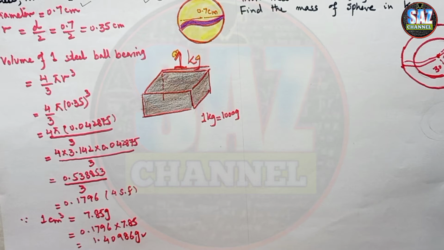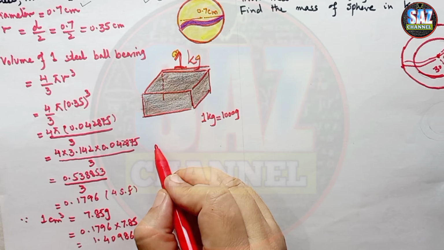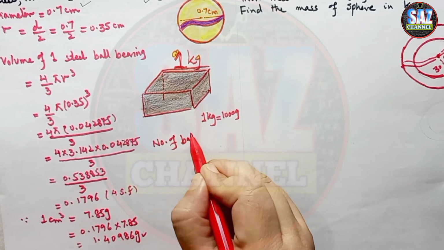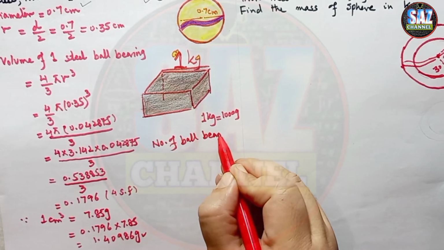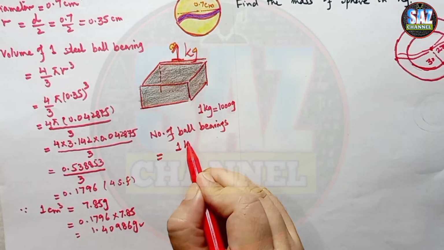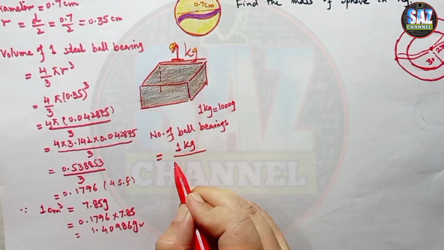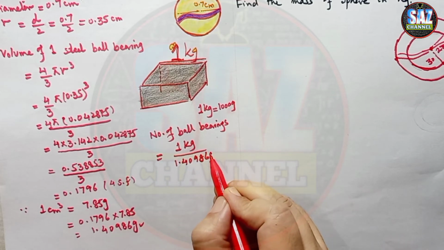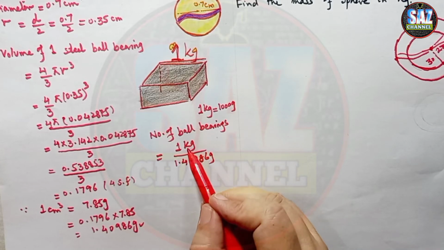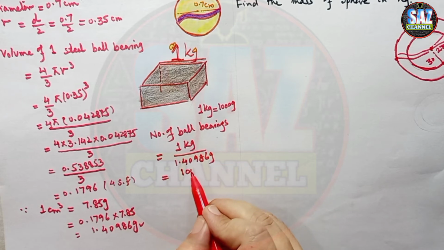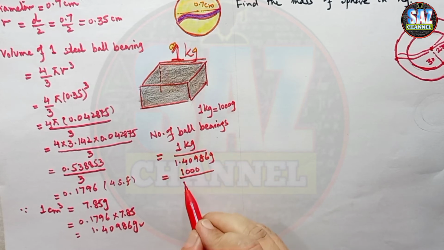This is the weight of one steel ball bearing. And now we have to find the number of steel ball bearings. Number of ball bearings equals that 1 kg upon 1.40986. Now one of the values is in grams and one is in kg, so it's better to convert bigger to smaller. 1 kg holds 1000 grams upon